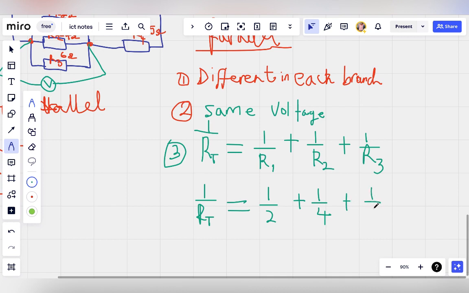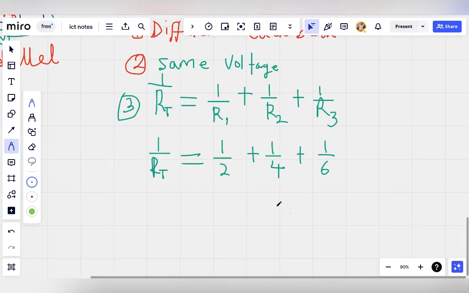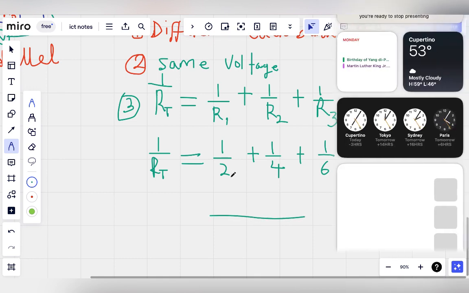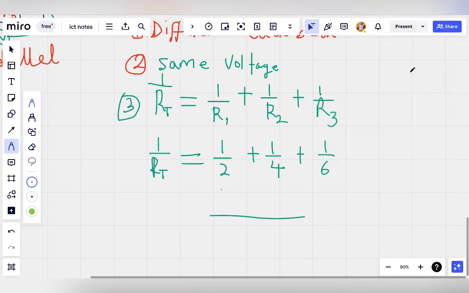So plus 1 all over 6. Okay, so this is step 1. So what we do now, how to solve? We find the LCM of the denominator. We can multiply through by the LCM of the denominator. So what's the LCM of 2, 4, 6? If you don't know, you can find your LCM. If you forgot how to do LCM,